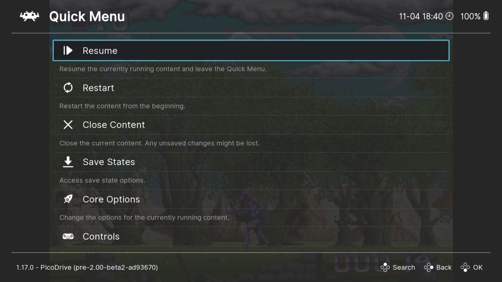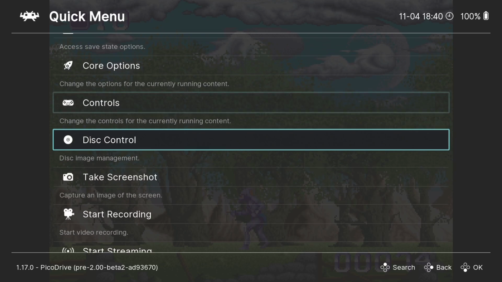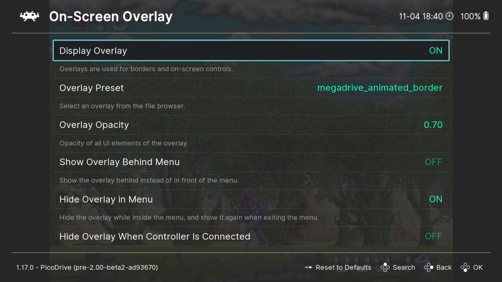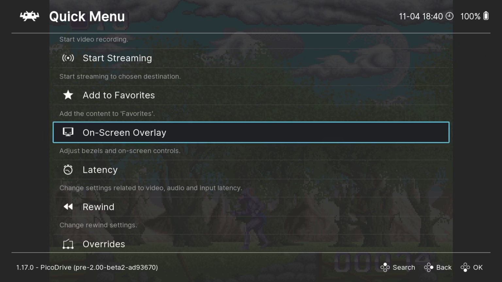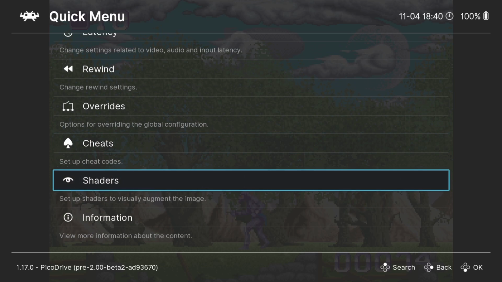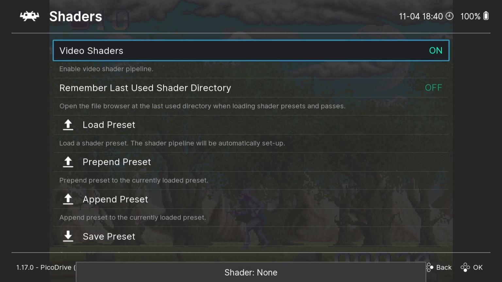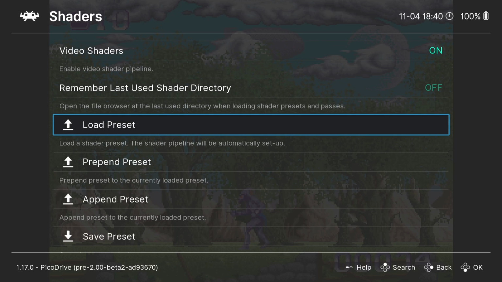And as you can see, that now applies to the overlay. So we can actually change the overlay, but something even better is Mega Bezels. To do this, from the quick menu, we're going to go to on-screen overlay and just disable this by pressing A. And then if we go down a little bit further, we've got shaders. If we turn this on by pressing A, from here what we can do is go to load preset, press